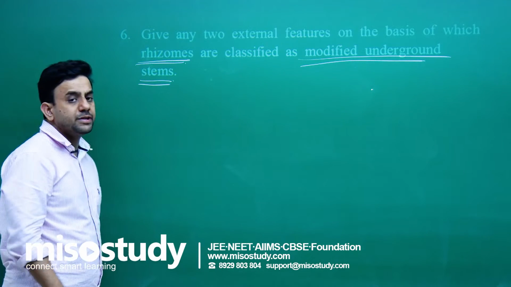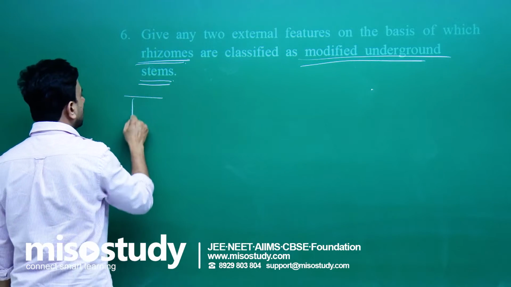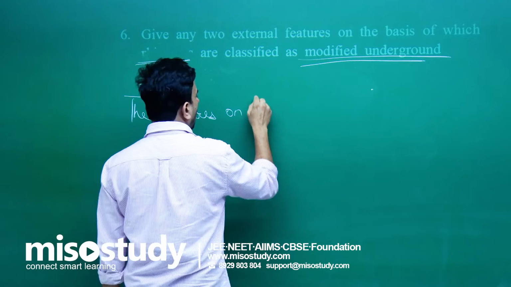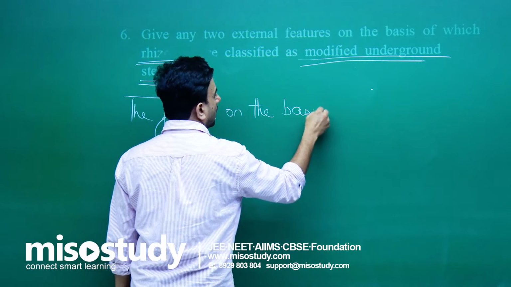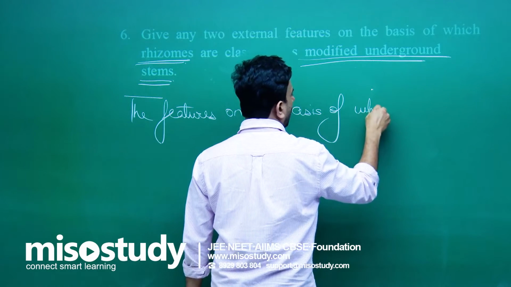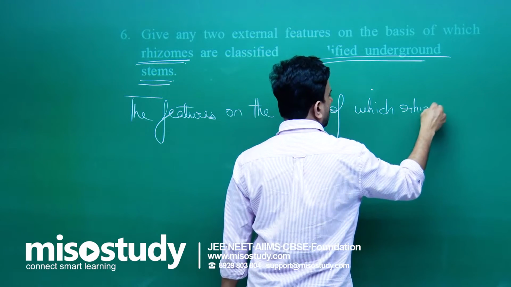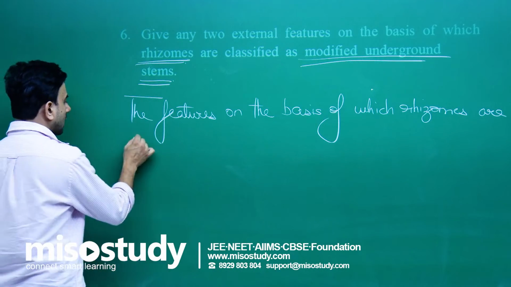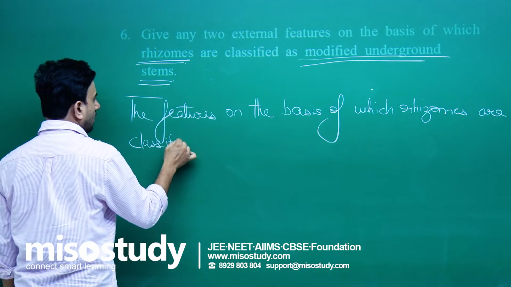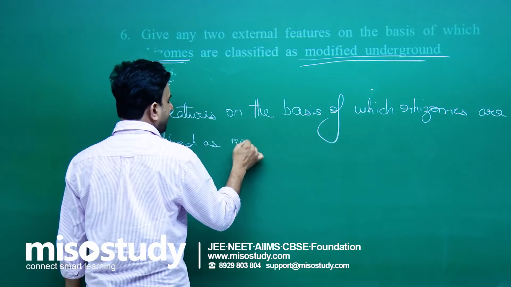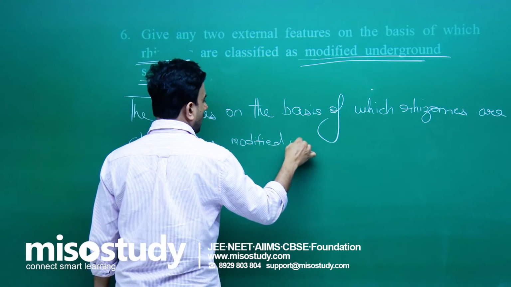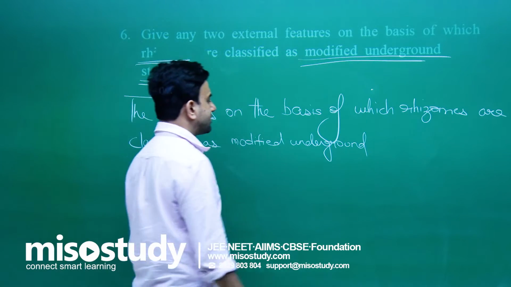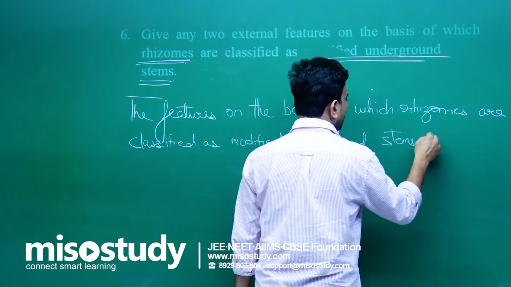Okay, so the features on the basis of which rhizomes are classified as modified underground stems are,